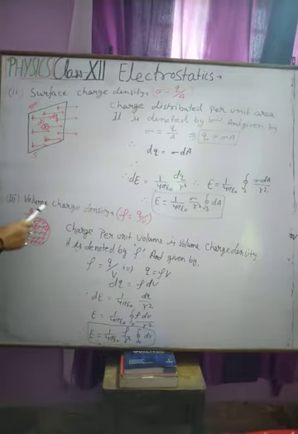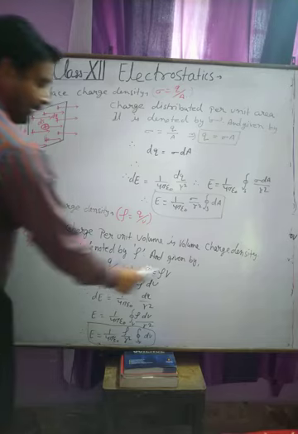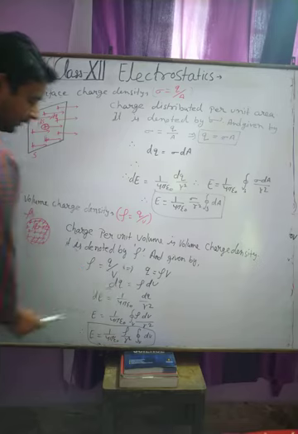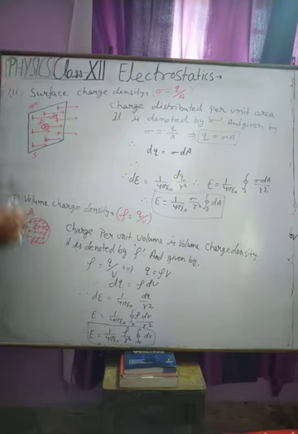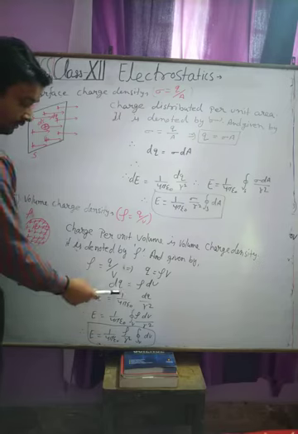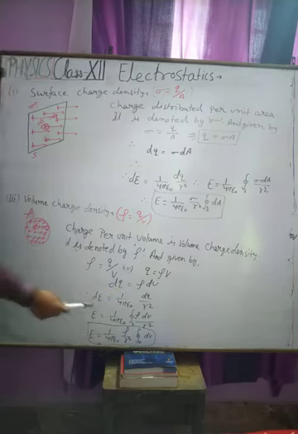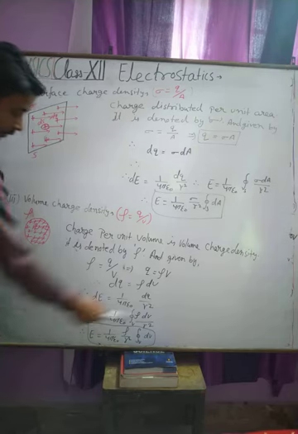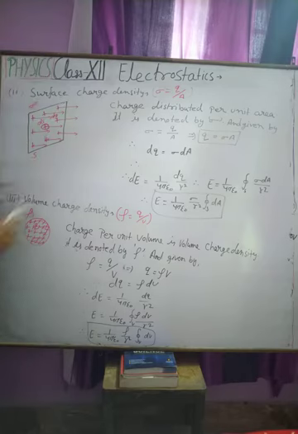And similarly, volume charge density. This is the sphere which is formed by charge, so we call it the charge distributed per unit volume, denoted by rho, and given by rho is equal to this, so this relation gives q is equal to rho into v. So a small charge distributed for a small volume dv, dq is equal to rho dv. Now the small electric field is this, and when we put in the value we get the electric field for this surface is this. Okay, just copy this all.